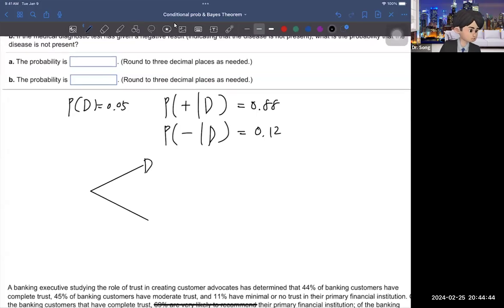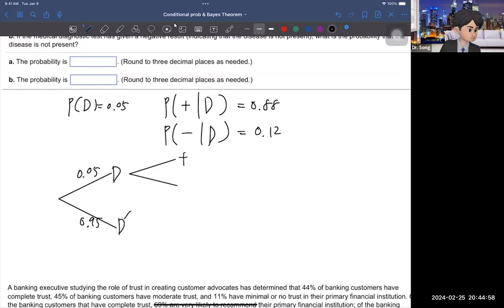So someone has a disease or someone does not have a disease, the complement. This is 0.05. That means there is a 0.95, 95% probability he or she does not have any disease. And then they take the test and the test says positive with 0.88. This one is 0.12. So same as here,